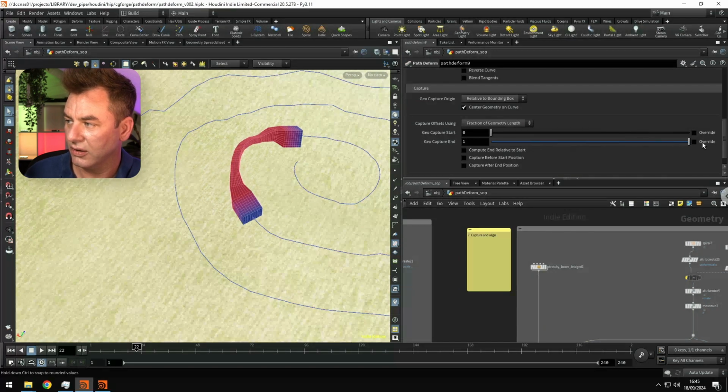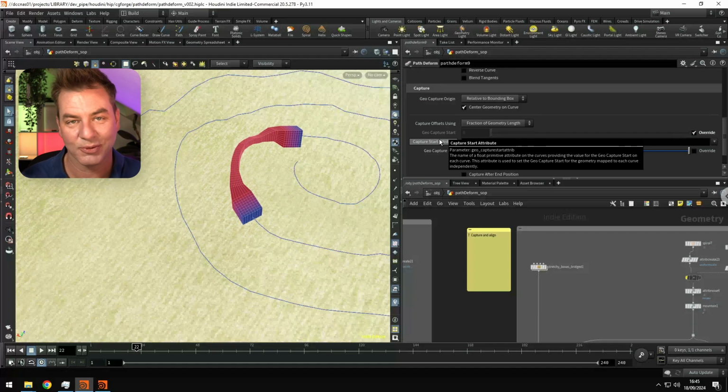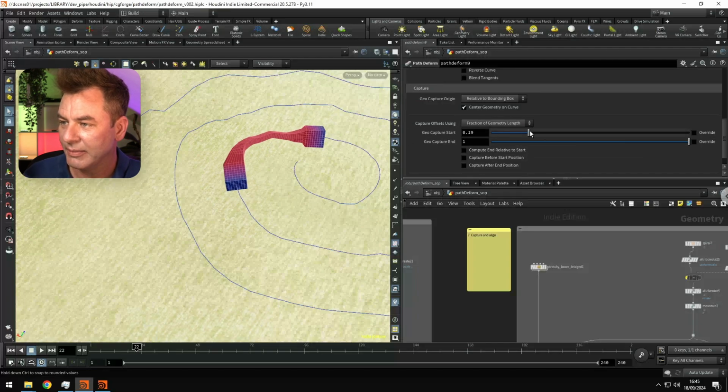So again, I'm sure there are cases where we would like to control this procedurally. I'm just not sure exactly what the use case is. And of course, override allows us to have attributes on the curve. Yes, an attribute on the curve to specify how geometry is captured. And then if we have limited how the geometry is captured for whatever reason,